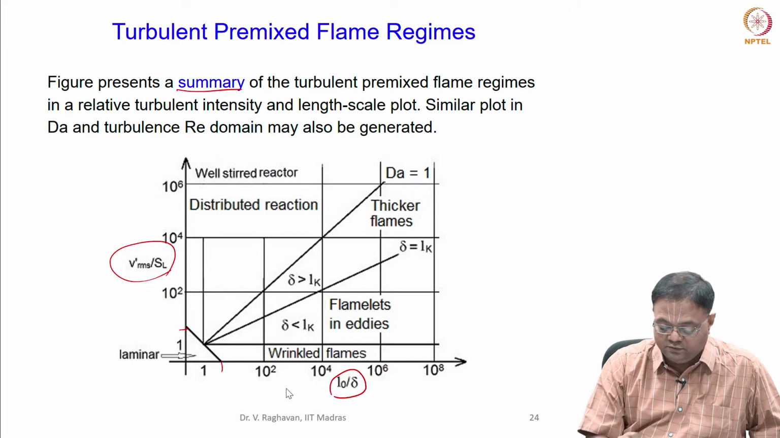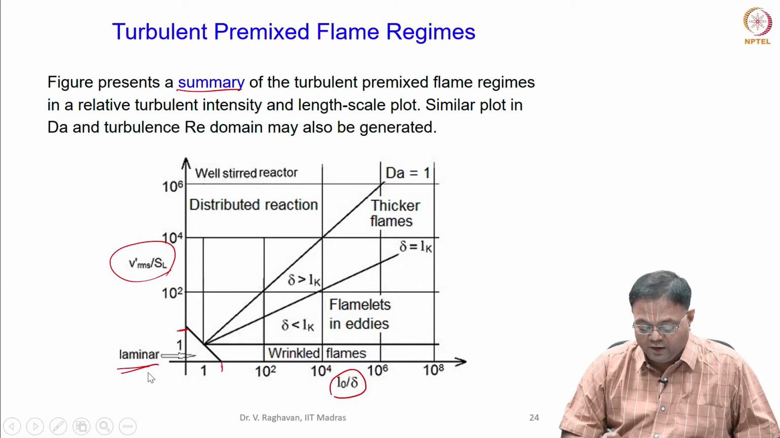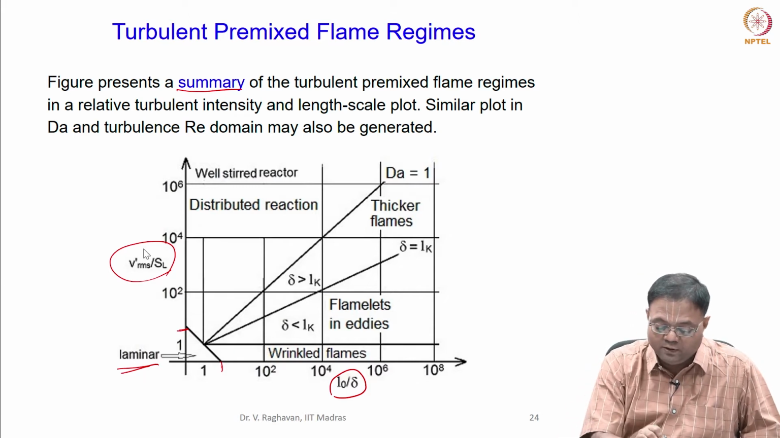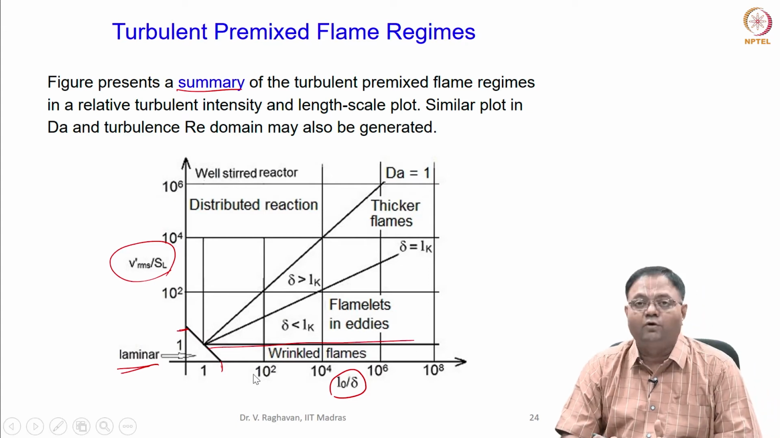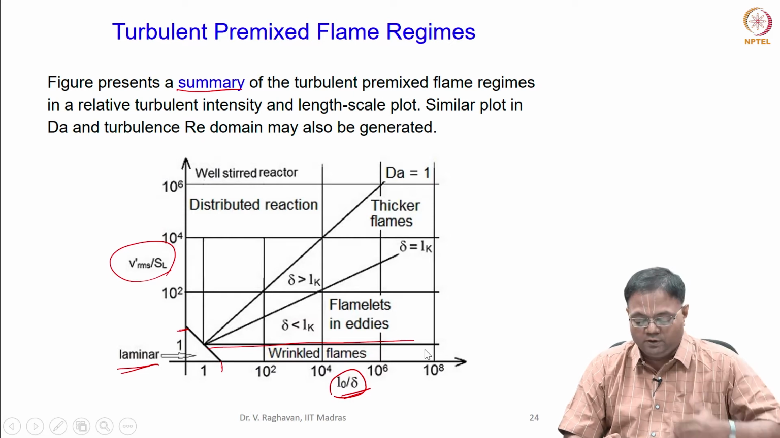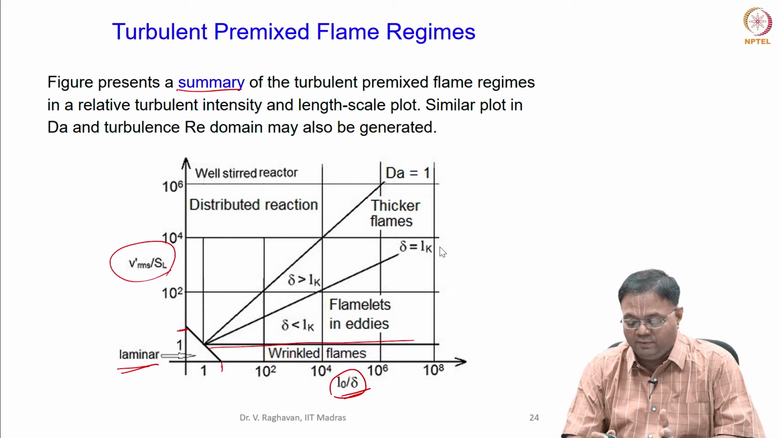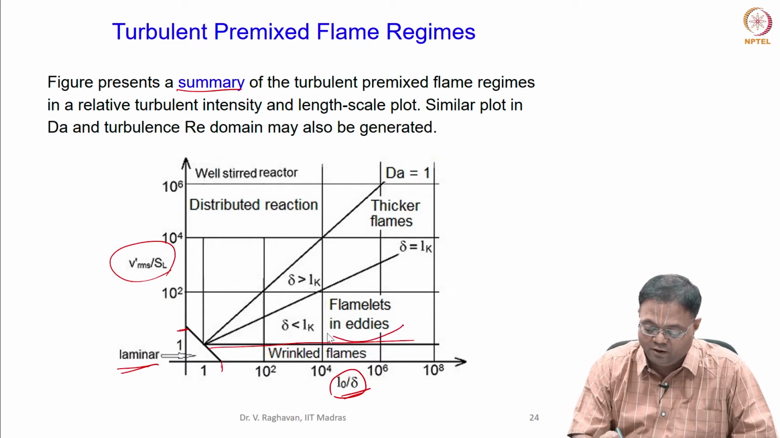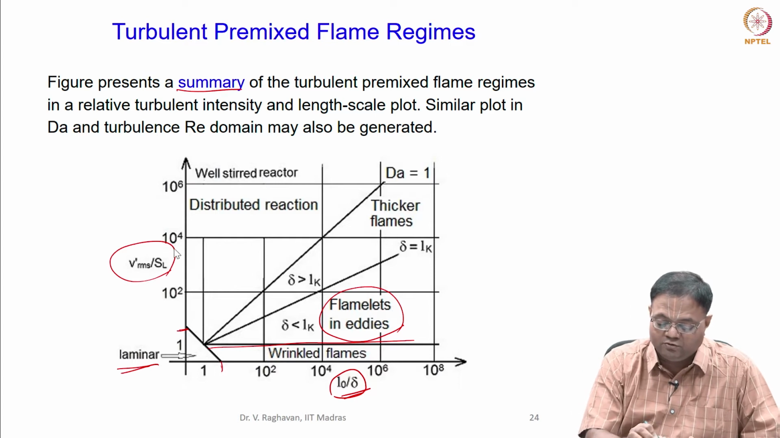So, when both quantities are less than 10, you get a laminar regime. Then the wrinkle flame, as I told you, has a very low turbulent intensity, and for a given range of length ratio, I get a wrinkle flame with very low turbulent intensity. Now I have increased the turbulent intensity to some level, but for the same range of length ratio, I get a laminar